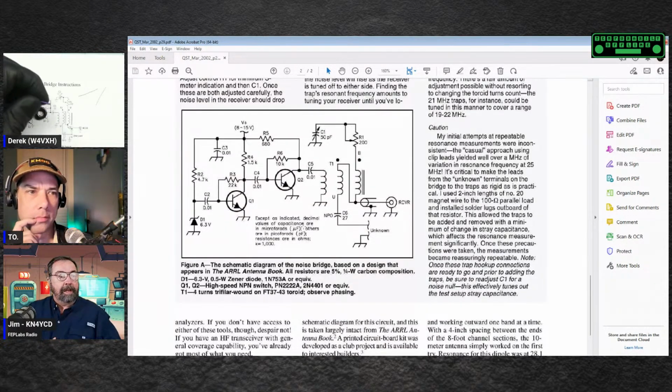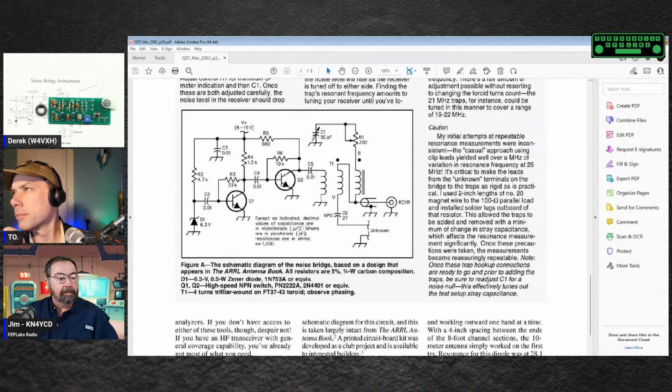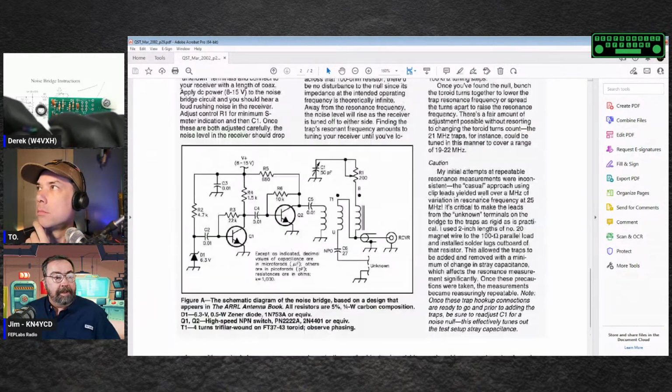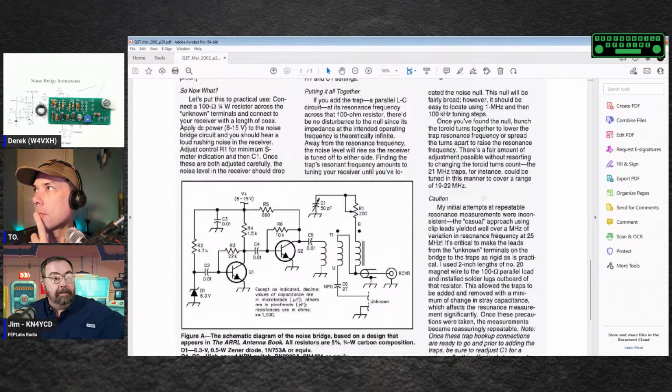I gotta say, I applaud the ARRL for putting all their issues of QST online. It's great to be able to find this kind of stuff. Yeah, it's kind of a bummer that a lot of it says that it's not online. I don't know if you've run into that. I have not. I hate magazines. I hate paper magazines. I mean, I've gone back to